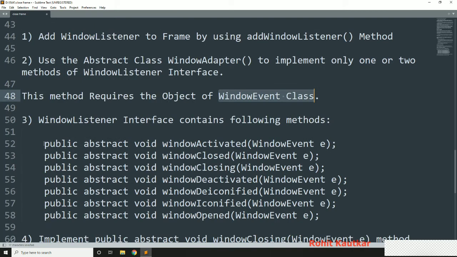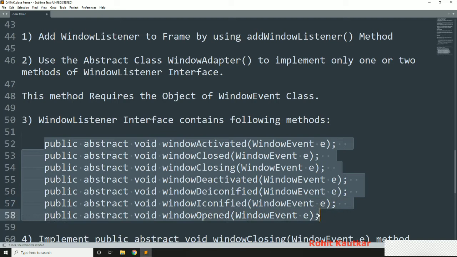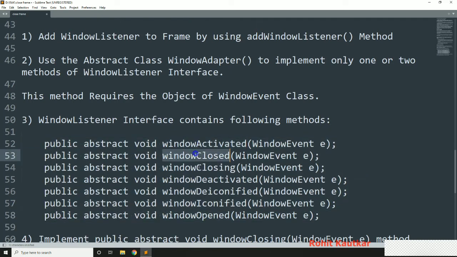These are certain methods that are available within the WindowListener interface: windowActivated, windowClosed, windowClosing, windowDeactivated, windowDeiconified, windowIconified, windowOpened. All these are a variety of methods that are part of this WindowListener interface.